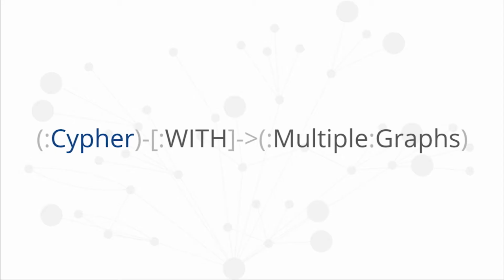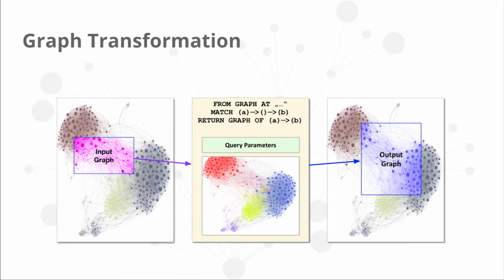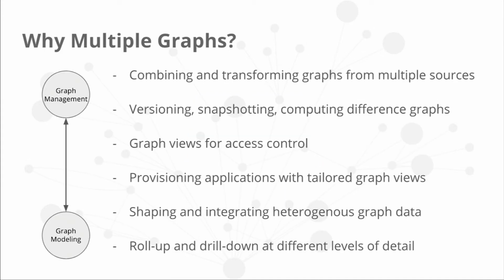So Cypher with multiple graphs is the hot topic. So what's that about? Imagine in the future you have a Cypher query, and the future is happening now. It happened last Friday. You have a Cypher query, and it takes a graph as input, then it filters it a bit, it shifts it around, and then it does the graph projection, it produces a new graph as output. And then on top of that you can continue executing, and in this way build really, really powerful workflows. And of course, this is a whole fundamental shift for the model of the language,